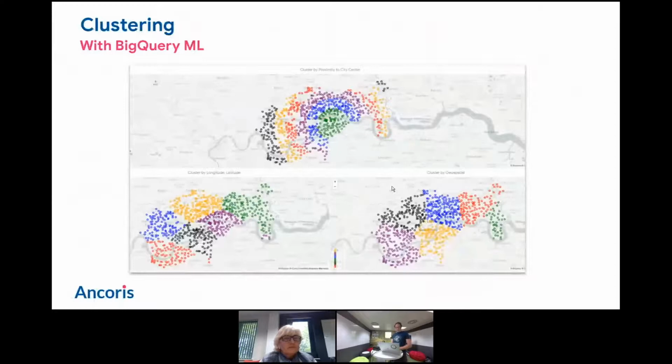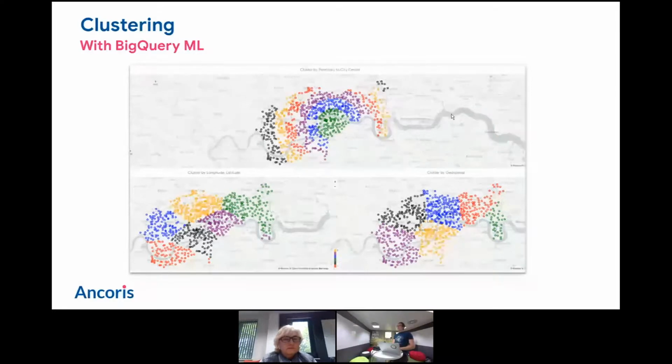This is an example of clustering in BigQuery ML. For those of you who don't know, clustering is what's called an unsupervised learning algorithm. And it's unsupervised because if you think back to the cricket example, we had a training set of data. So we're supervising the model, we're hand-holding it, and we're saying, look, here's some information to learn off. Go learn it, basically. With unsupervised, with clustering, what you say is, okay,